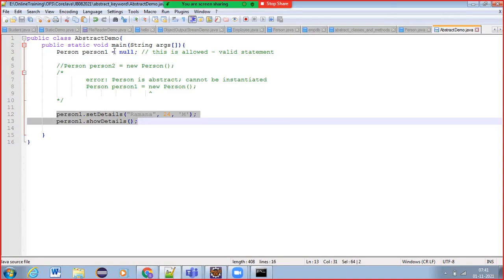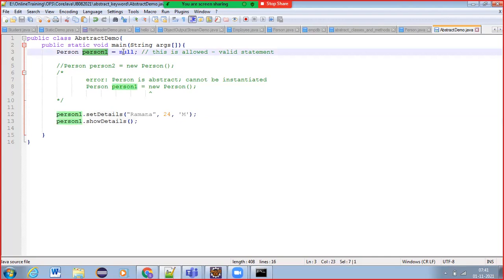Why? Because what is there in person one right now? Null, right? Null means nothing. Nothing is there in person one. That's why it's giving you an error. So what is the use in this case? If we write like this, what is the use of these reference variables?